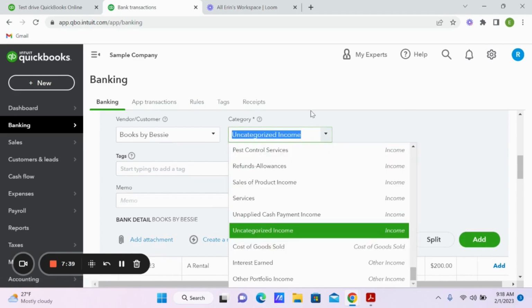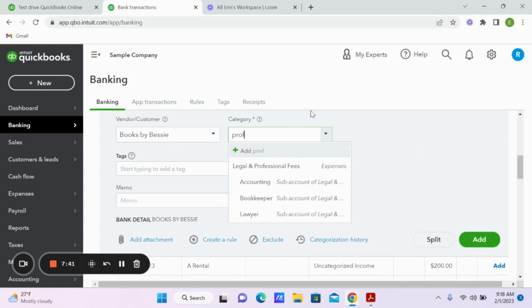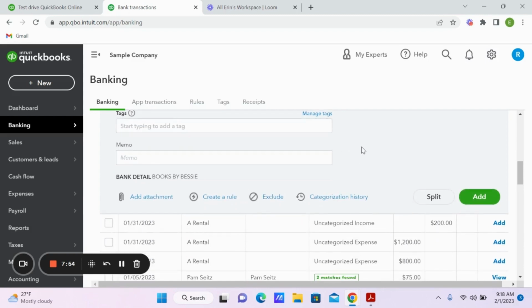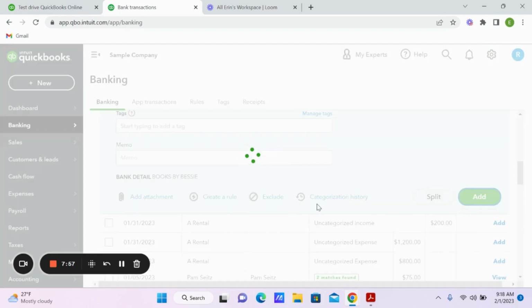So let's see, you can type right in here. Let's see, legal and professional fees. This one has sub-accounts entered. You may have to customize these sub-accounts yourself. But here we're going to categorize this one as bookkeeper fees and add, and that will take this off of the review screen